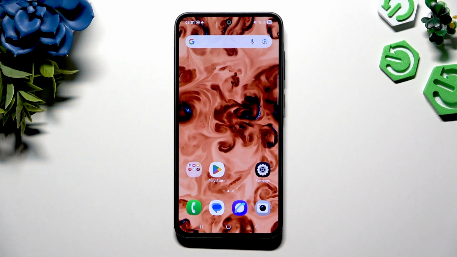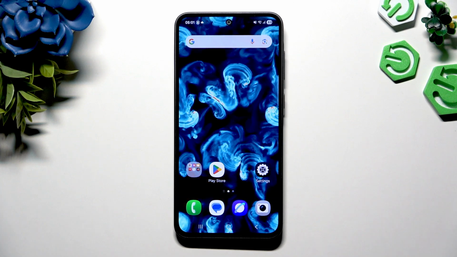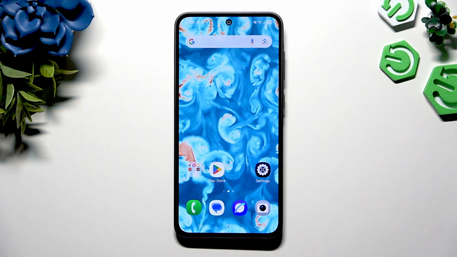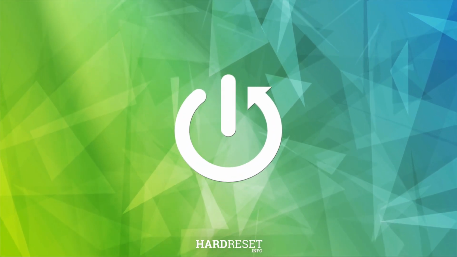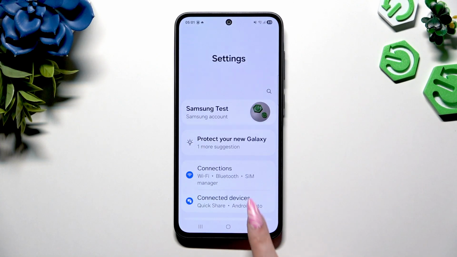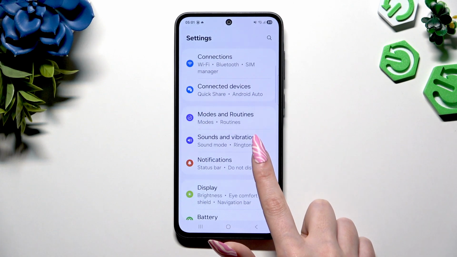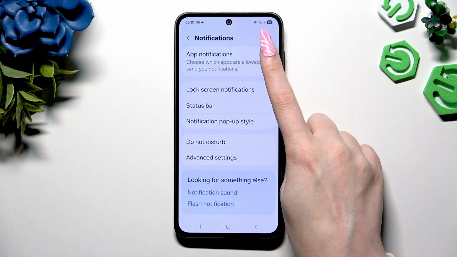In front of me is Samsung Galaxy M56 and today I would like to show you how you can block app notifications. Begin by opening Settings and scrolling down to tap on Notifications. Then select App Notifications here